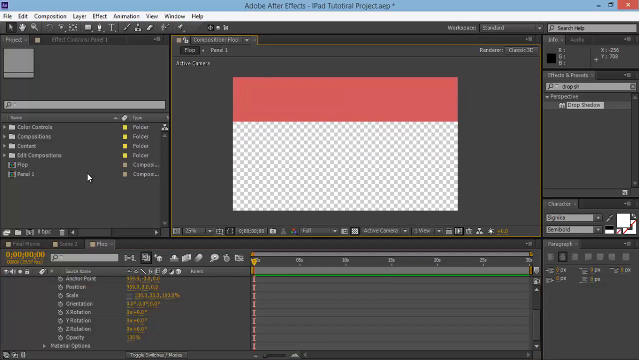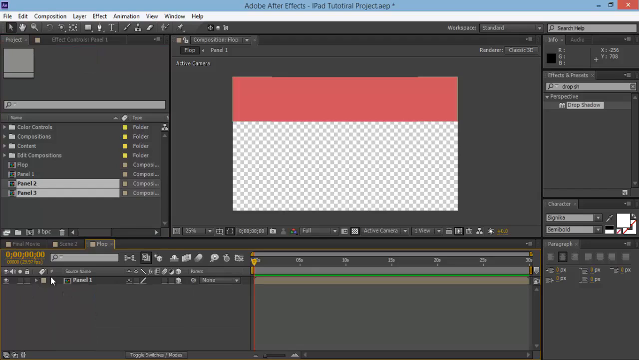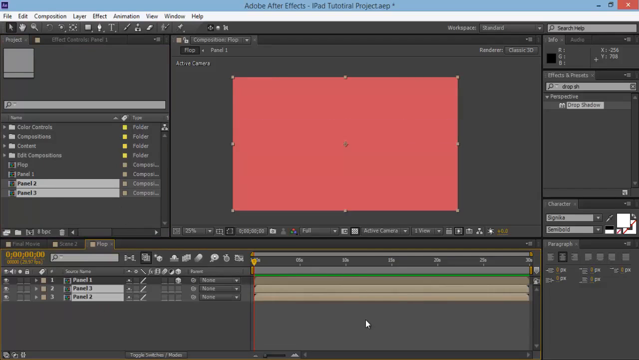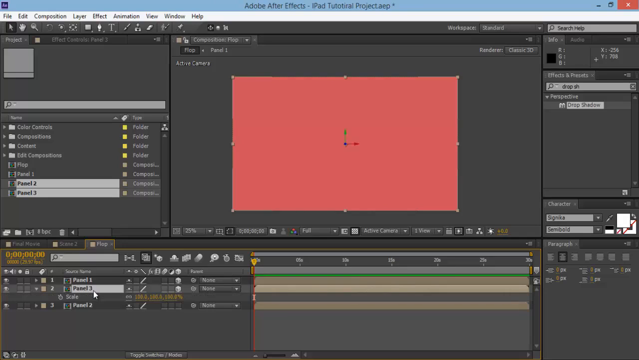Now we need to create 2 more. So click on panel 1 and Control D, and highlight these ones, and we'll drop them in over here. And we need to make these 3D as well, and we need to make them again 33.333. So let's click S for scale, and I'll unlink those, and just in the middle one,